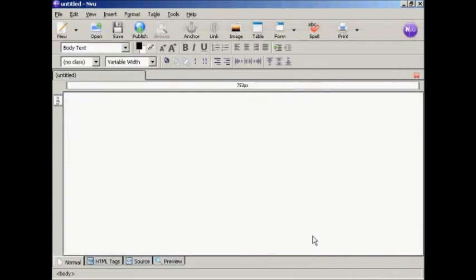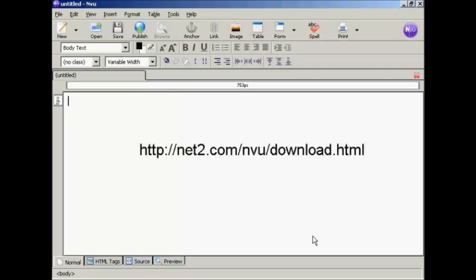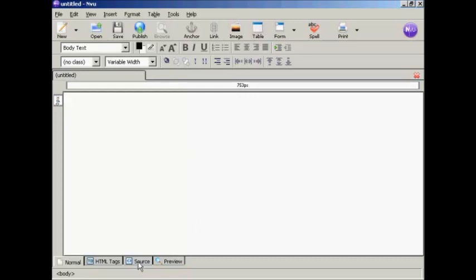Okay, here's how you put it into your website. I'm going to show you how you put it into a simple HTML website, and the software that I'm going to use for that is called NView, which is a free HTML editor which you can download from this site here. And I'm going to paste this into the source of the website, into the HTML source. So I'm going to click here on the source tab at the bottom,